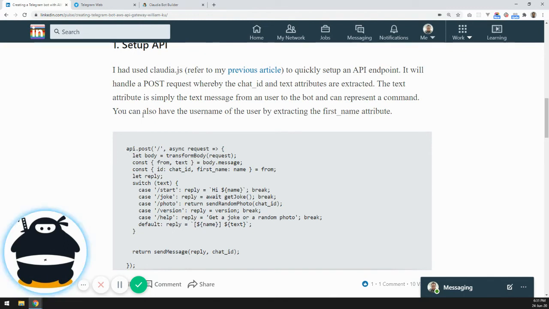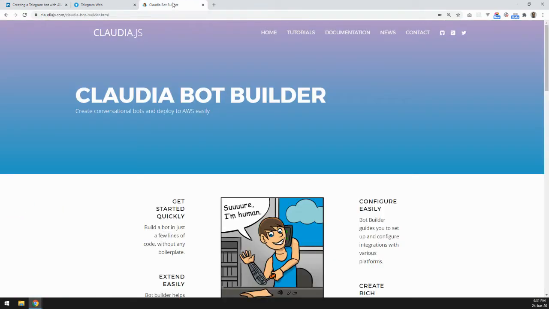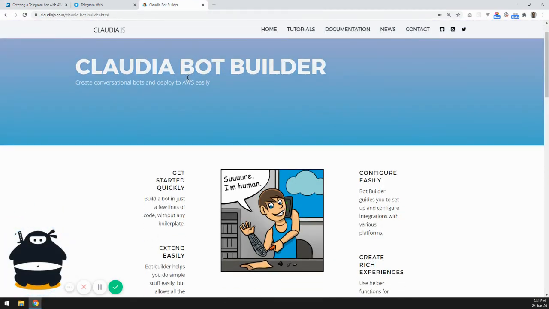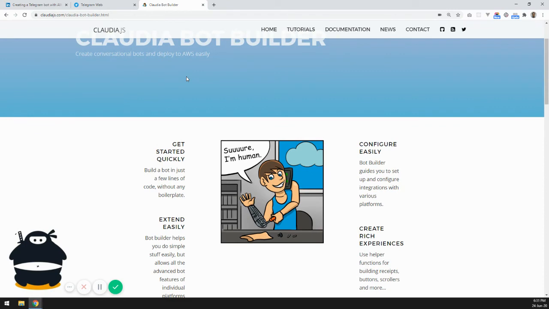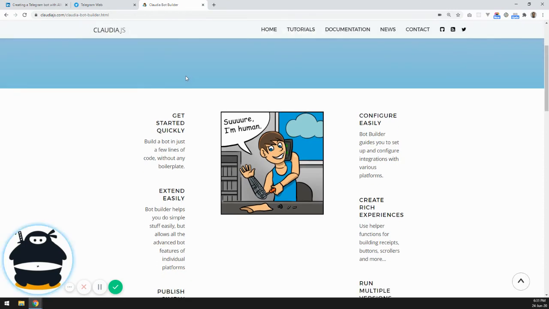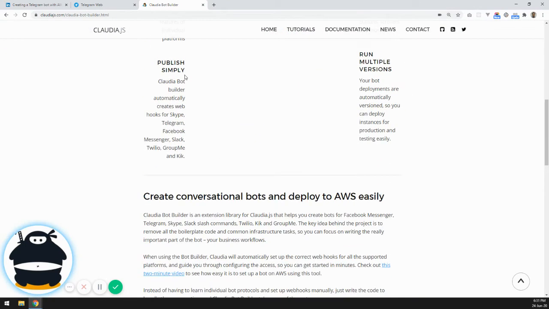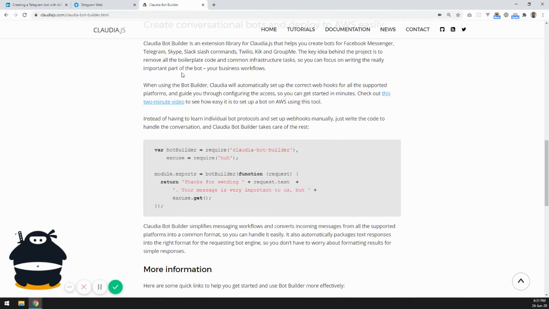However, I just realized that Cloria, besides providing the API, actually has a tool that can help us build the bot very easily, as fast as 5 minutes. It's basically 2 lines of code for that. Oh, okay, you can see there's more, but what I'm saying is it's a very minimal amount of code, and you just need to basically specify